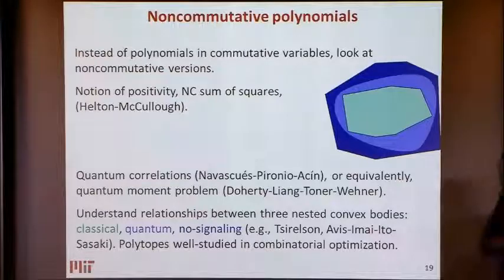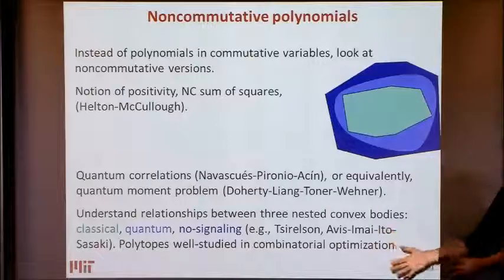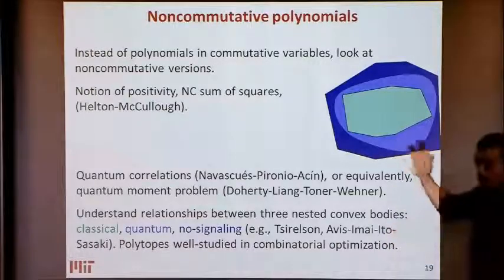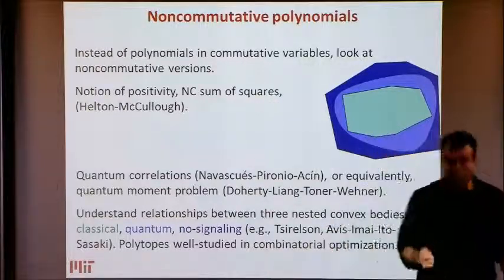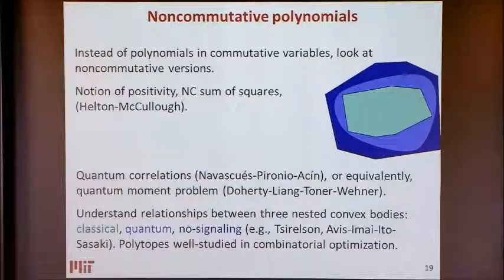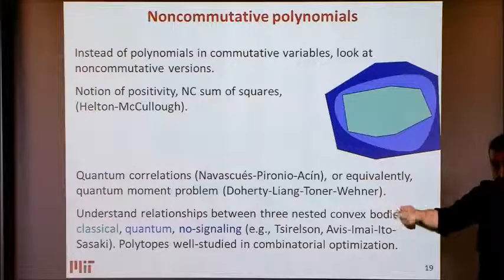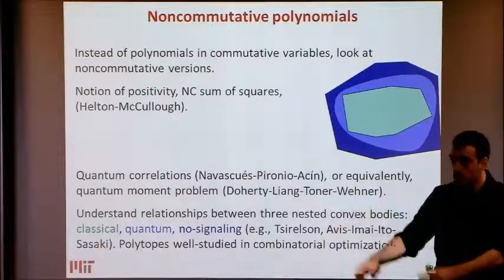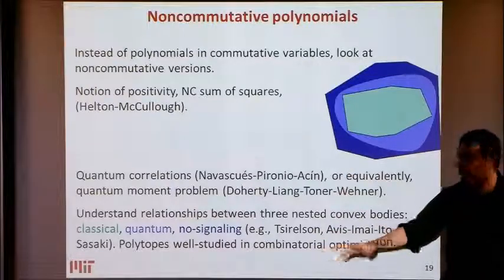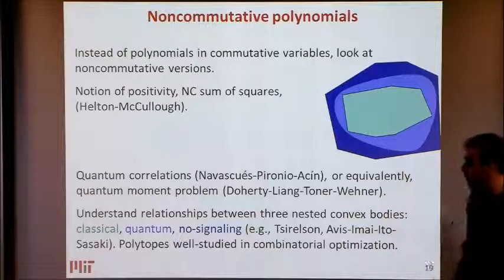You don't need to even think about this. At least if you want to write the corresponding conditions, if you want to analyze them, of course you have to work. But if you just want to understand what happens, it's exactly the same thing. What do you have now? If you have a non-commutative polynomial, you can have a non-commutative polynomial in operators or matrices if you want. There's a natural notion of positivity. I want this to be positive. There's a notion of sum of squares. I want to have a quadratic representation of a certain type. The semidefinite problem that you write is exactly the same. You write monomials, you expand, you match coefficients.